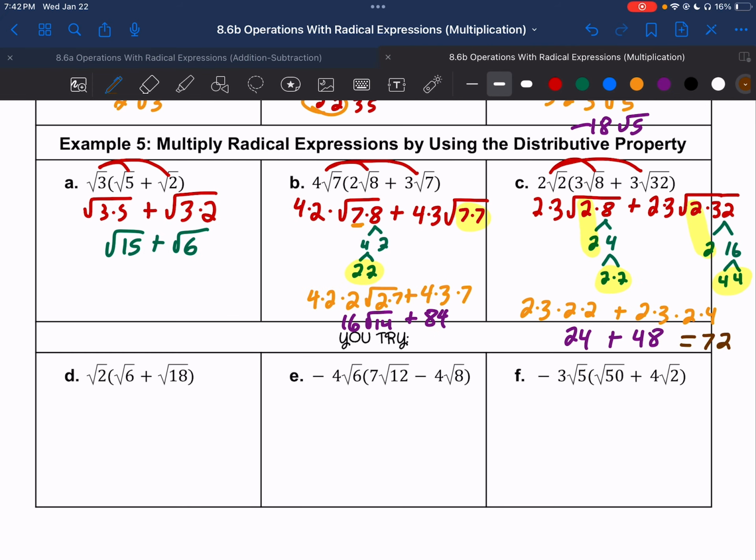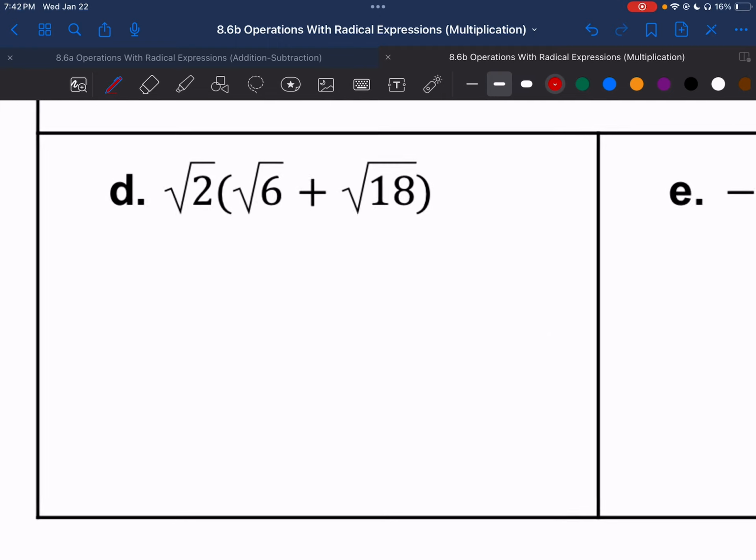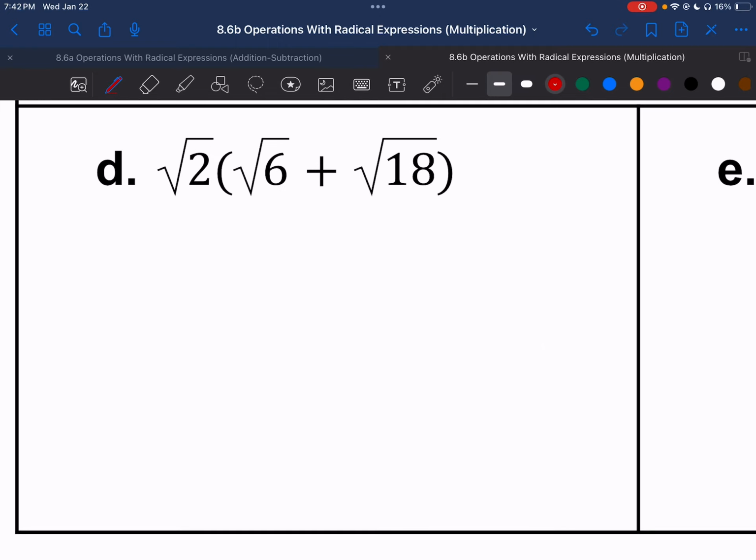All right, now I want you guys to take a look at the 3 you try problems, D, E, and F. Do them on your own and then check your work against mine. All right, so at some point you're going to start to transition where you're going to be able to identify these perfect squares without doing the math on it. But let's do this. We've got the square root of 2 times the square root of 6, so that's 2 times 6